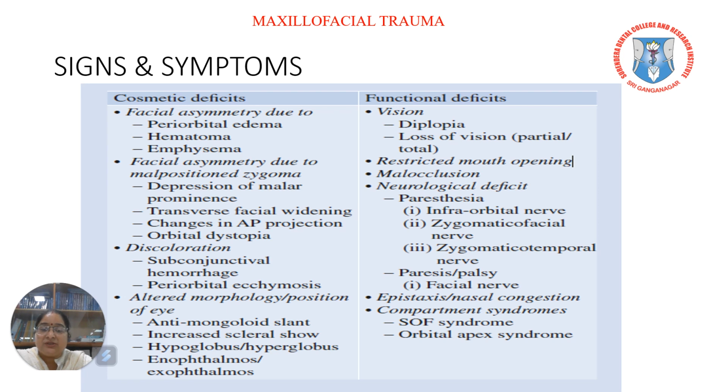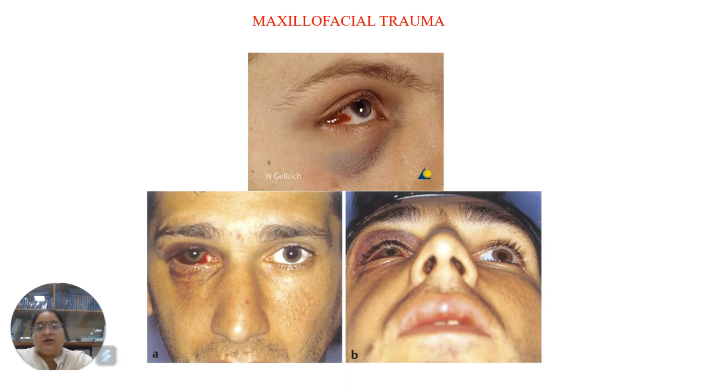Or epistaxis can be there, bleeding from the nose, or nasal congestion can be there because of the collection of blood in the maxillary sinus. Or compartment syndromes can occur in these patients, that is superior orbital fissure syndrome or orbital apex syndrome. We can see in this picture there is circumorbital ecchymosis, subconjunctival hemorrhage,